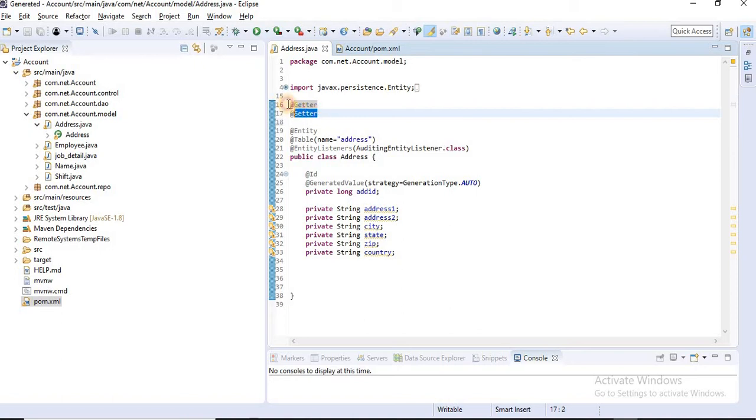This annotation is not working. For that we have to perform one special setting. I'll show you how to do that.